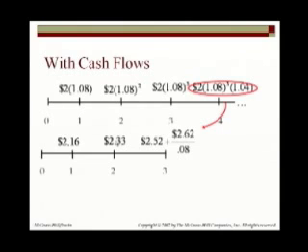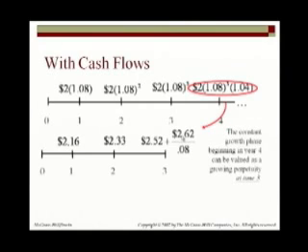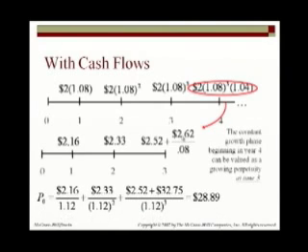Now since this is a dividend at time 3 and this is a price at time 3, I can add them. And what I end up with, basically what I did on my spreadsheet, is 28.89. So that's using cash flows. All right. And the value, price at time 3,